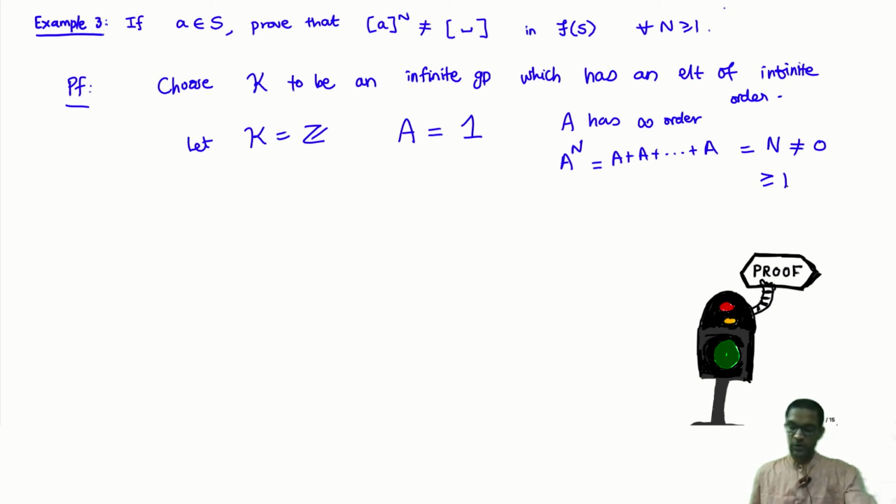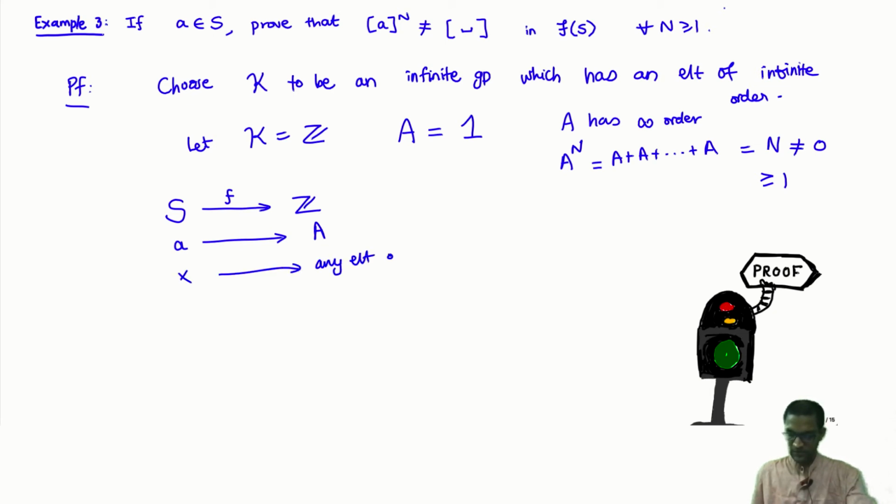So we have found a group with an element of infinite order, and now let's just use the universal property as follows. I take my set S, and to the group K I define my function f as follows. This special element A that I am looking at, I will map it to this element of infinite order, and all the other elements I don't really care. Different x's can map to different elements of Z, for example. So I don't care about the rest.